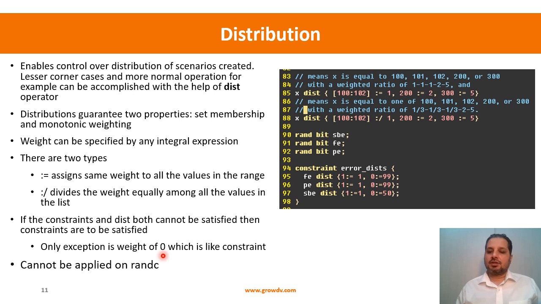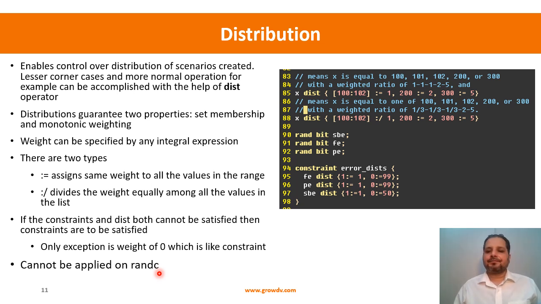Okay, dist weight being 0 acts as a constraint. That is, that particular value should not happen. So only in that case both of them need to be satisfied, and if both of them cannot be satisfied, then there results a constraint failure. But for the rest of the values, it will satisfy the constraint and it will ignore dist if it cannot satisfy the dist. And the dist cannot be applied on a randc variable. Randc already has that cyclic way of generating the value, so you cannot apply a distribution on that,